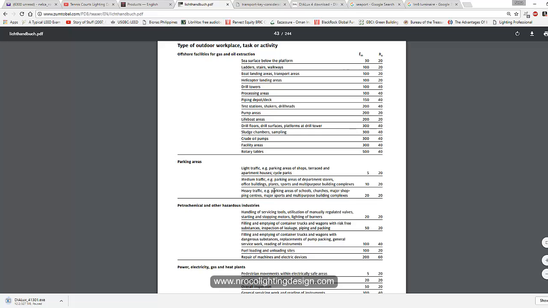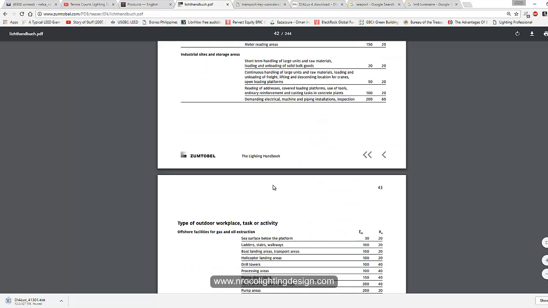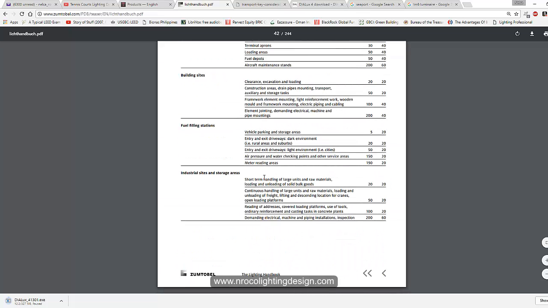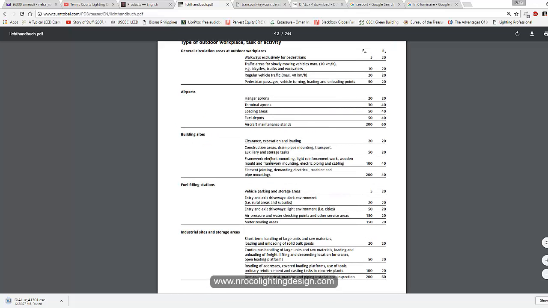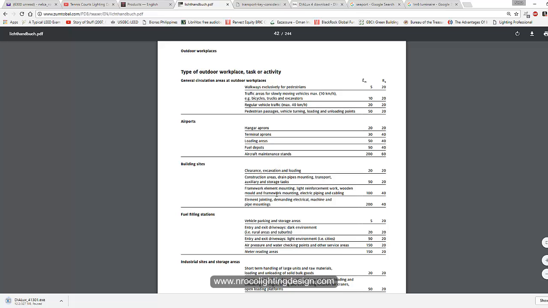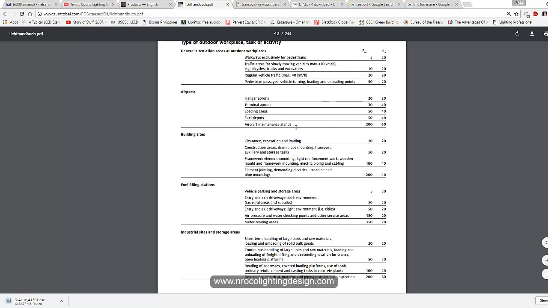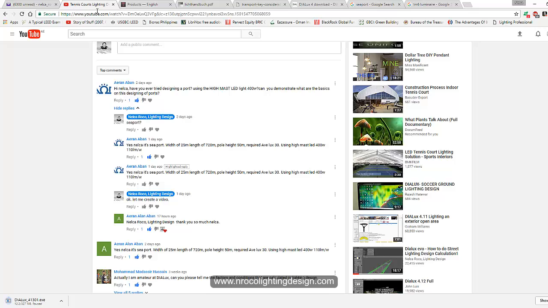I can't find seaport here. There's only airport. Anyway, since you did not mention the glare, we will not run a calculation using the glare, or maybe I can just add it later.